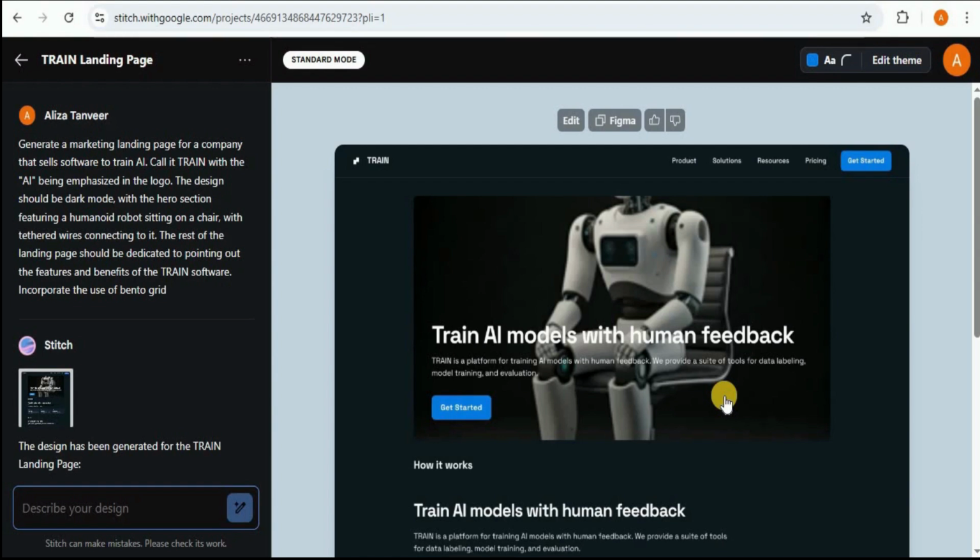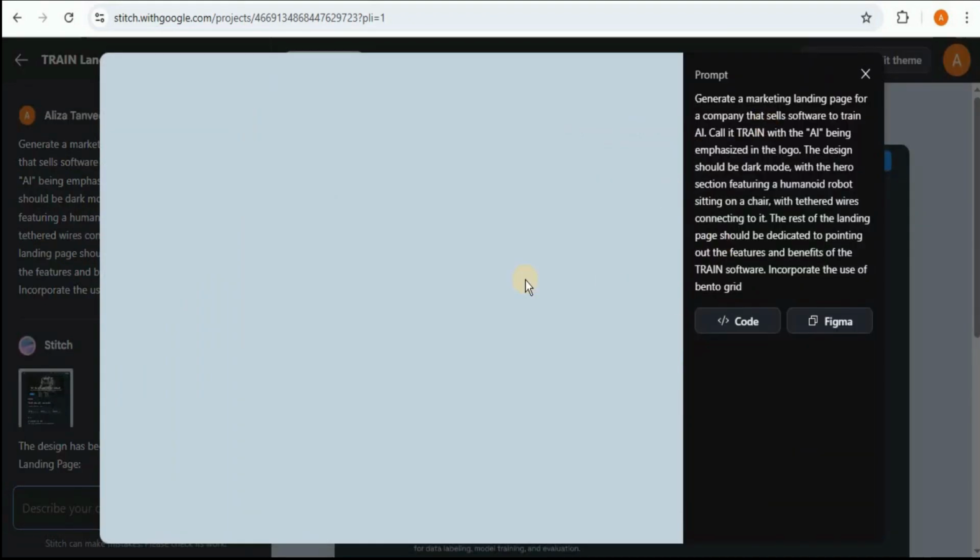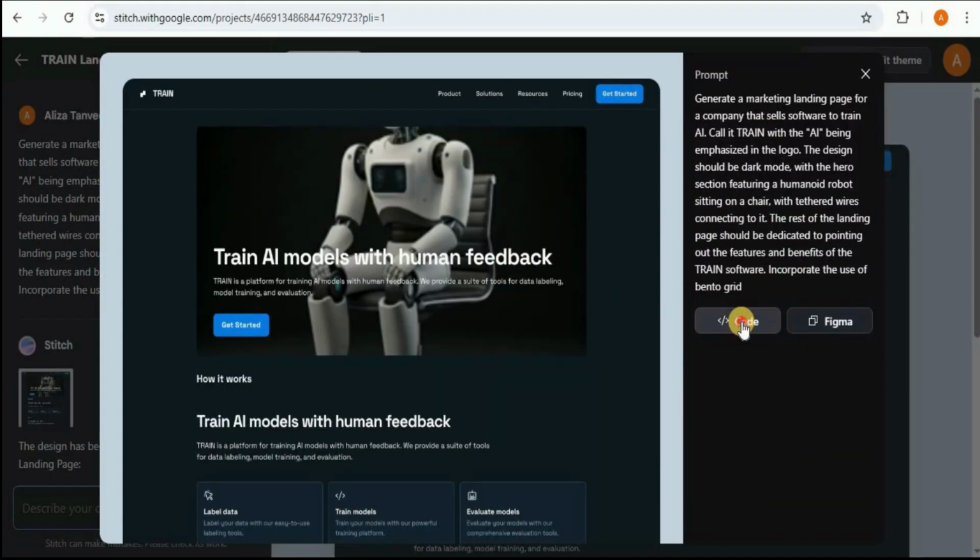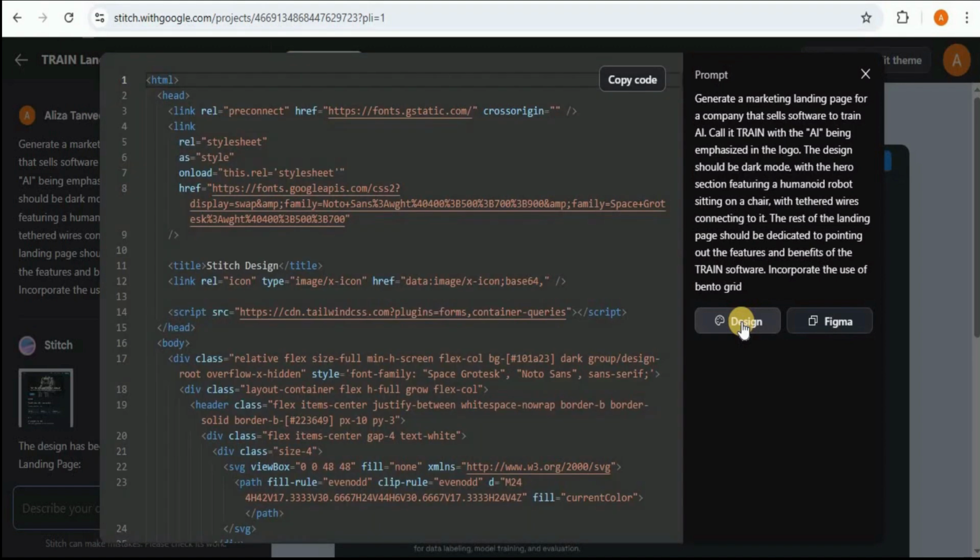Then it also provides you the option to export the design. For that, you simply have to click on it and it is going to open this option for you, where if you want to select the code, you can click on the code and all the code that generated this output will be right in front of you. So you can copy this code and then integrate it in any of your websites or applications. Here you can see that the code is in HTML, so you can easily export these designs as HTML or Tailwind, and you can also export them to Figma just by clicking this button. So if you want to make any changes to the UI, you simply have to click on this Figma button right here.